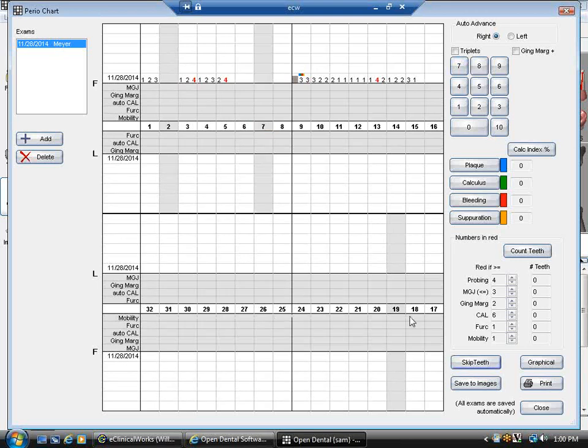This does work with the DentalWrap foot pedal. It works with standard voice recognition software. A lot of great options to help you enter data. You can enter probing depths, mucogingival junction, gingival margin. It will automatically calculate the clinical attachment level. You can enter furcation, mobility, and once you've entered all that data, you can generate a very nice looking 3D